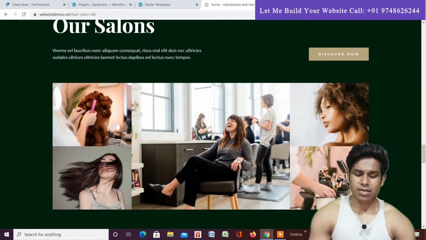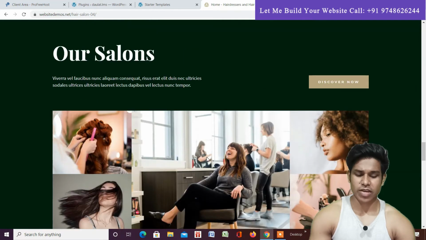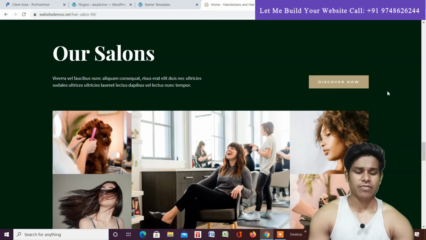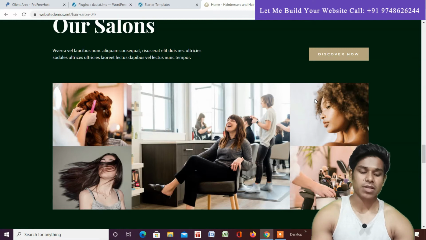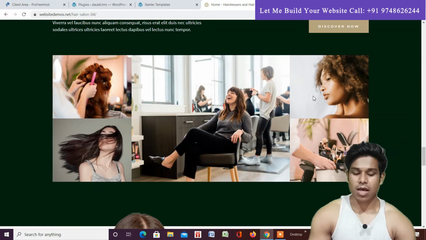And here we try to add the images of the salon, so you can add whatever you want. If you want to have multiple images or a slider image, you can do that as well. We try to keep it as simple as it is. And here we have given the title of our salon. You can write a description, you can change it, it's all up to you. And here we have added a call to action button. If anybody wants to check all the images about their salon, they can simply click here and discover more. They will land on the about us section, where they can find all the images and read more about this brand.